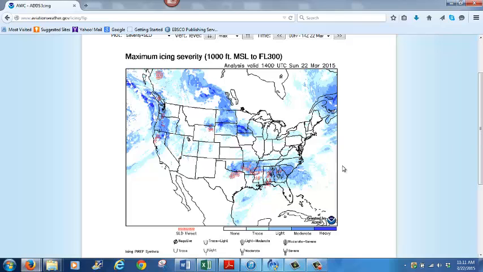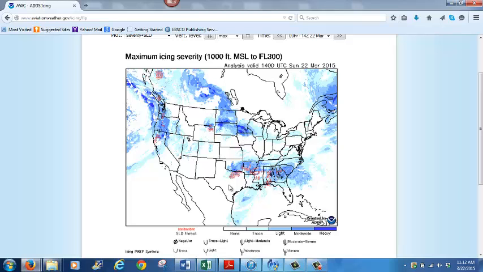Before I go into that, I'll talk about the different colors. You've got light blue, medium shades of blue, and dark blue. Those all represent the level of icing that's predicted in there. So this is not saying that you will have a low percentage of ice with that light blue. That's saying you will get trace ice in that area, as opposed to heavy icing in that